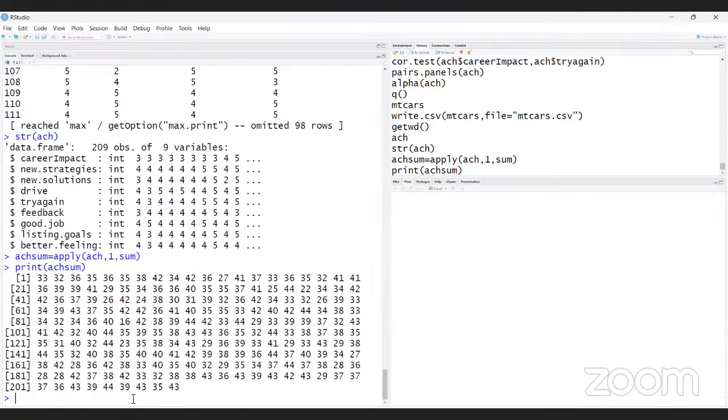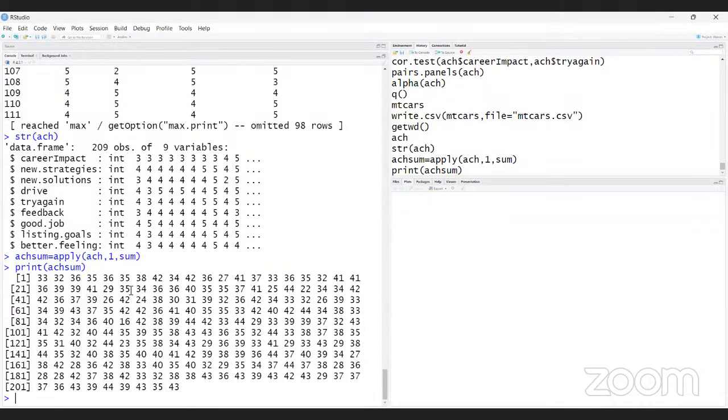Okay, so I am getting 209 total score. It is a 5-point scale. That means the maximum and the minimum data will be, which will be?